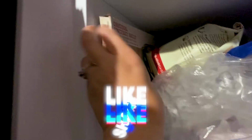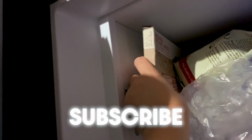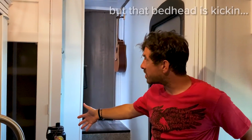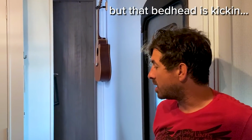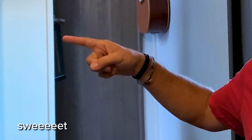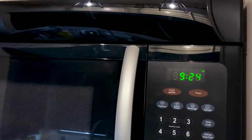I don't know how in the world there's still ice in here, but you can see that stuff is starting to thaw. This is like soft. And we still have probably a 5-hour drive through the desert. I don't know, because I can't check the breaker because the breaker is in the pantry and the slide doesn't go out. Sweet. I mean, the microwave is working, so...